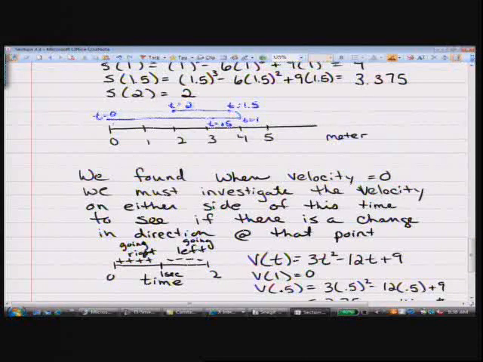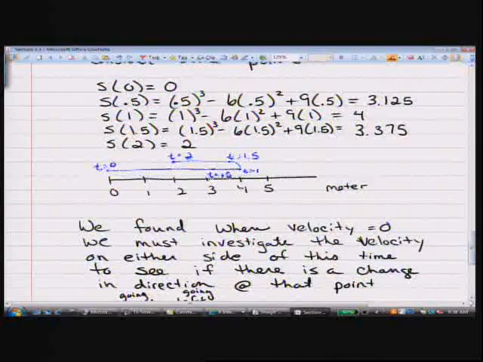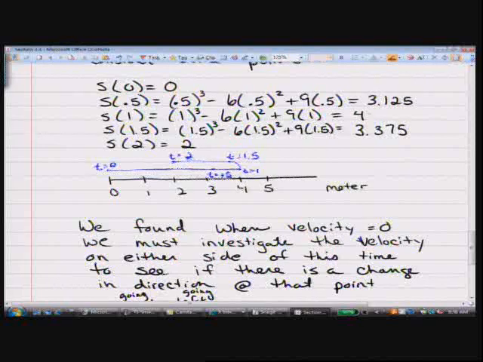You can kind of automatically determine what the distance traveled is, because we see from 0 to 1 second, it went from 0 to 4, right? And then from 1 until 2, it went from 4 to 2, so it traveled 2 meters. So the total distance traveled is how much? 6. There you go. Are y'all with me? It goes from 0 to 4, and then it goes from 4 back to 2, so the total is